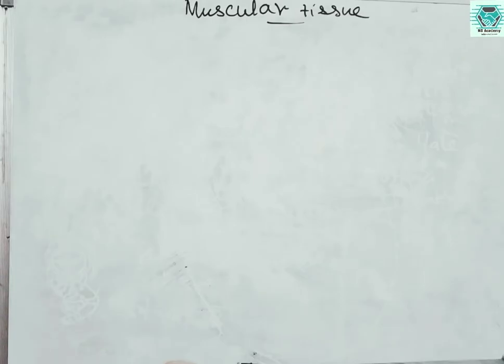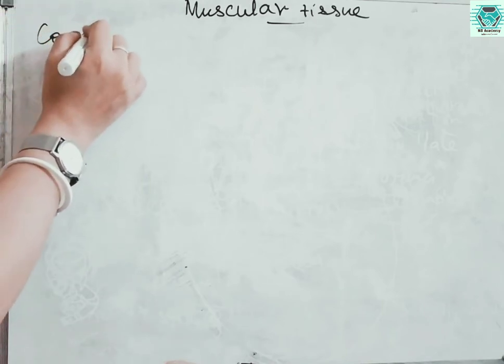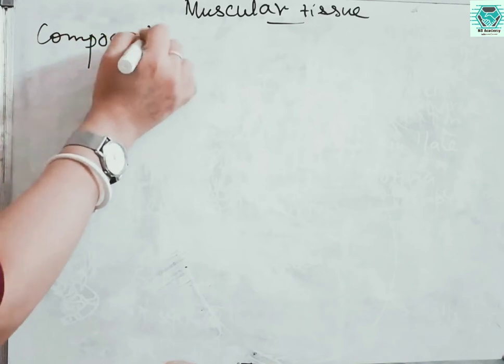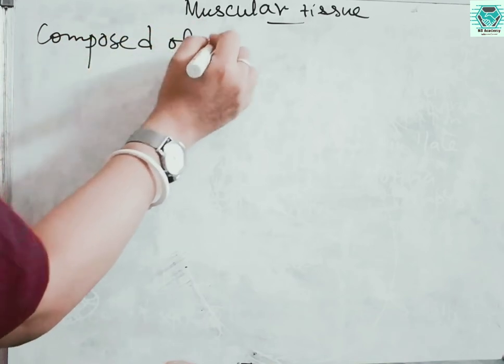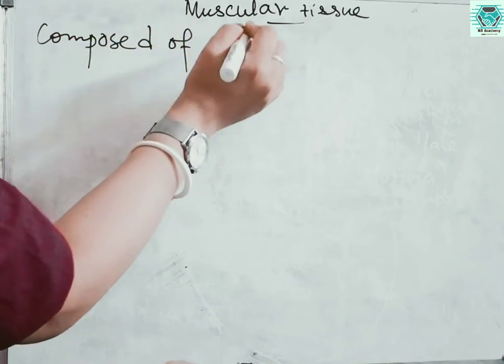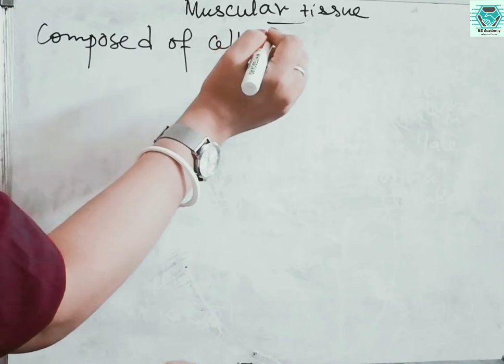Today I will discuss an important tissue which is called muscular tissue. Generally we know among the four tissues, that is epithelial, connective, muscular and nervous, the muscular tissue is very important. So what is muscle tissue? Muscle tissues are composed of cells. Basically, as these are tissues, obviously they are made up of cells